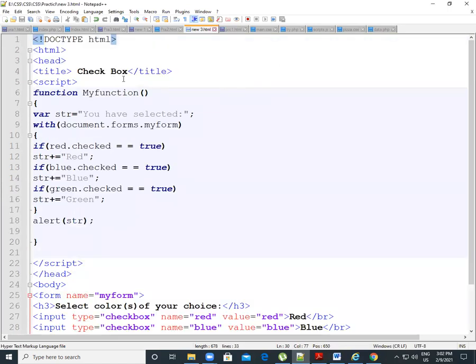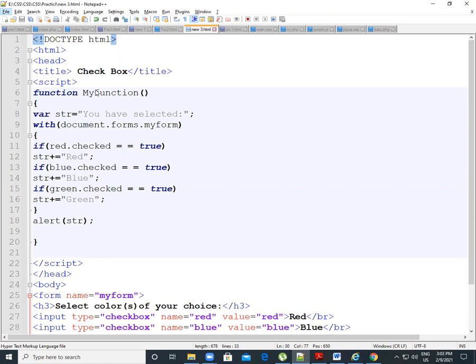So first we check our function name is correct, right? We gave the function name, then we wrote the variable string str equal to "You have selected", correct, and we give a semicolon. With function document.form.myForm, our form name. Then we write some conditions.